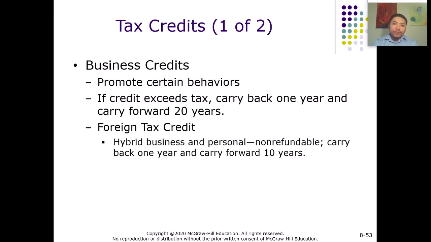And then for business credits, the good thing about business credit is that it can carry back for 1 year and then carry forward for 20 years, right? So let's say if you're eligible for the tax credit for this year, and then you don't use it, or you don't use all of it, then you can still use the unused tax credit for later years, right? Or you can carry back 1 year, right? So it's not refundable, but you can still save it for later use, or you can still use it for the last year, right? But you can carry back 1 year.